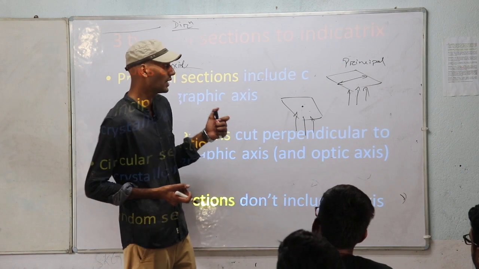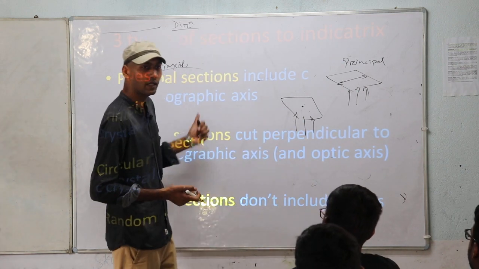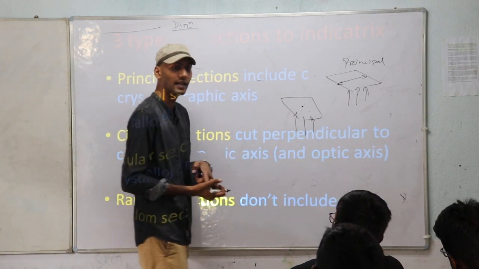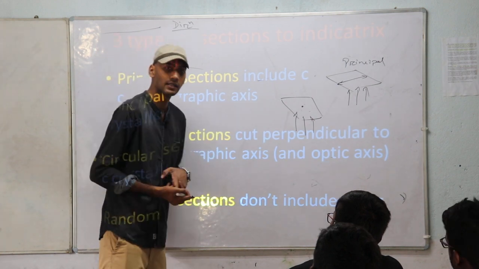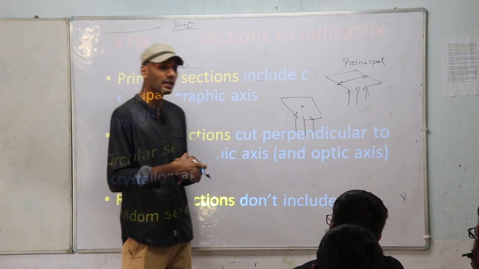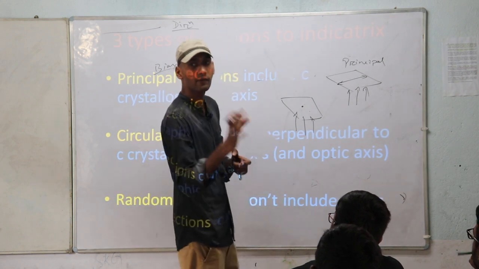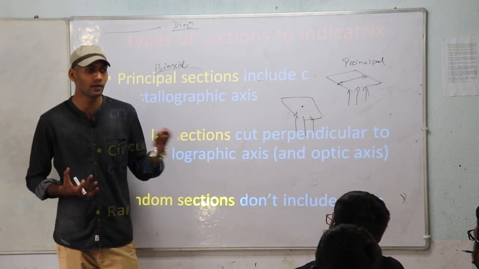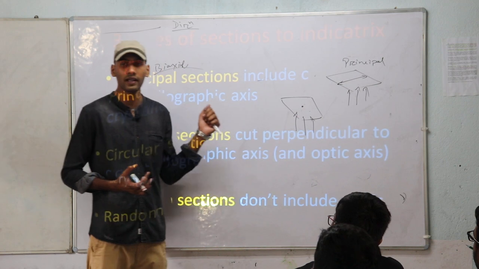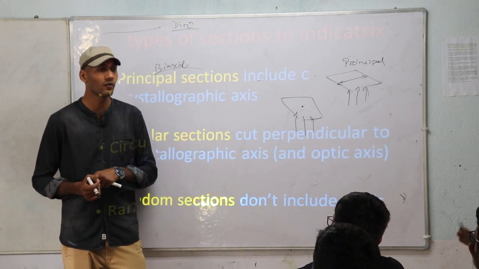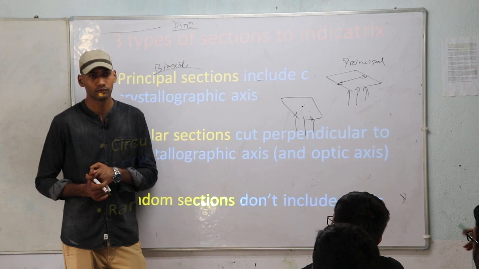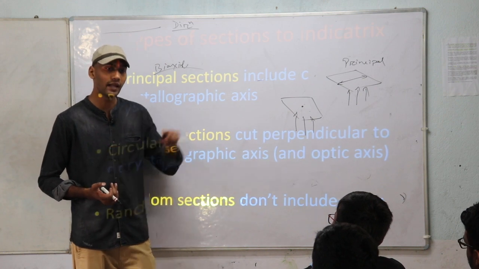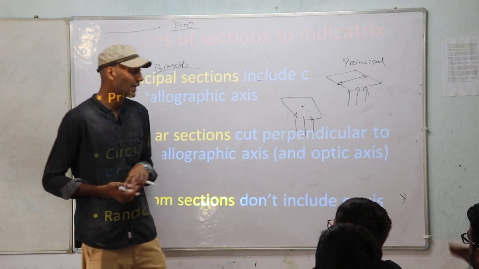If you are viewing a circular section, or a basal section of a tetragonal or hexagonal mineral, they can ask you with examples. Let's say hexagonal quartz. They will ask you what will be the indicatrix for the basal section of quartz. What is hexagonal? So if someone asks what will be the shape of indicatrix for a basal section of quartz, the answer will be circular. I am talking about basal section, that is a plane, two-dimensional. That should be circular.